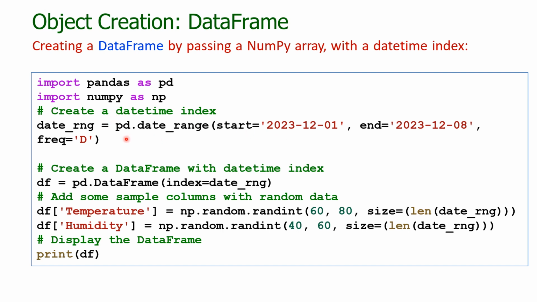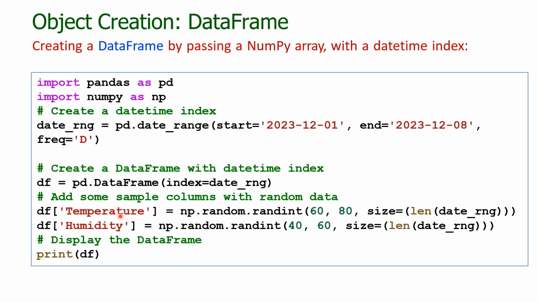So once we have created the date range, the same date range you can pass as an argument in order to create the data frame. In this example, we have created the data frame df by using pd.DataFrame, and we are passing the index as date_range, which is the date range that we have created. And once you have this empty data frame, you can keep on adding any number of columns by using df of